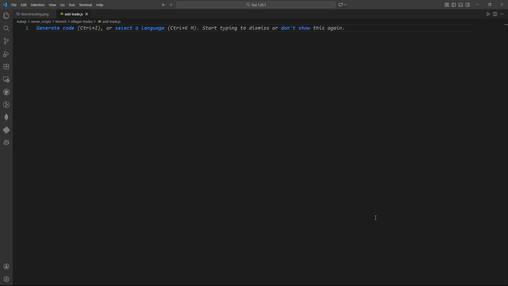Hello, in this 1.20.1 Minecraft modding tutorial, we're going to be using the MoreJS mod, which is a popular add-on for KubeJS to dynamically modify villager trades in Minecraft. So this code is going to hook into the game startup or server scripts to inject new trade possibilities into